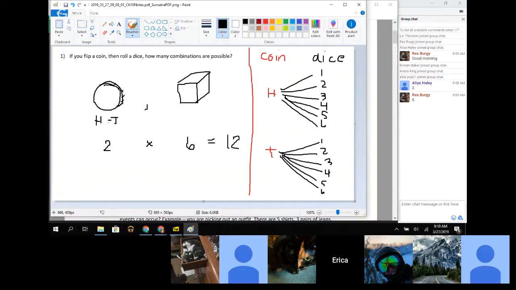One thing that you notice about this and this idea of the fundamental counting principle is that the second thing, rolling the dice, does not depend on the first thing. And we're going to talk about that as we get into the chapter, but they're each independent actions, right? You don't get certain numbers on your dice because you got heads or tails. Just like with the pizza,